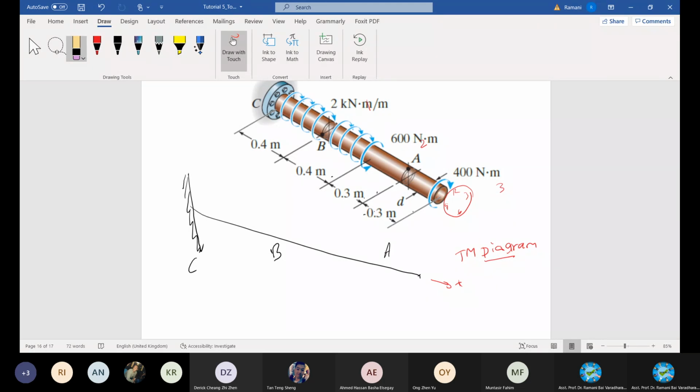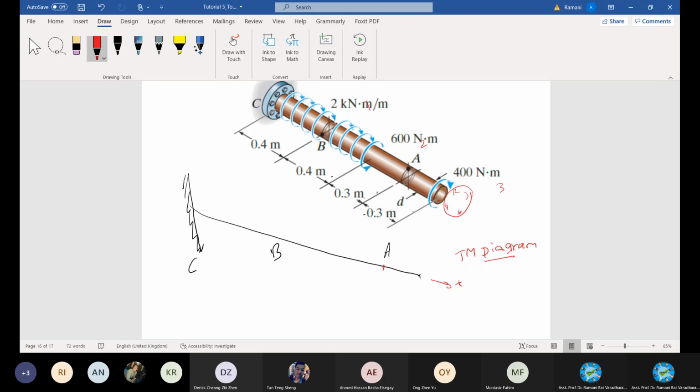Before this it is 400. At this point the value is 400. Can you see the cursor moving? At this point, C, or in front of A, it is 400 Newton meter, and still 400 Newton meter until A, because there is no change at all. Until A it is 400. You please follow the same way you answer in your statics and dynamics for bending moment and shear force diagrams. For bending moment, a point load means a line sketch and distributed means inclined lines.